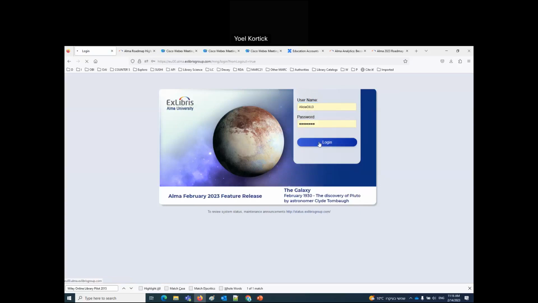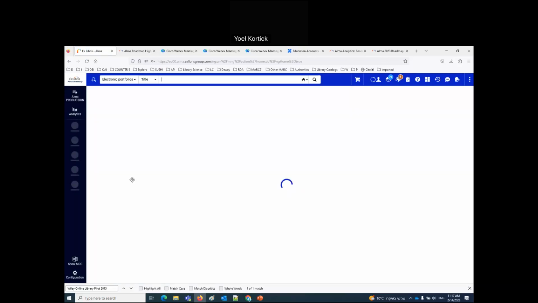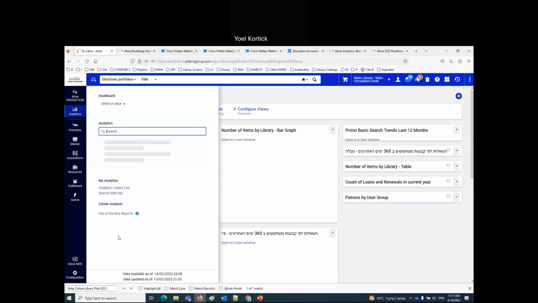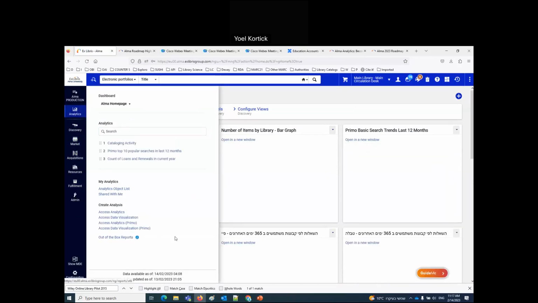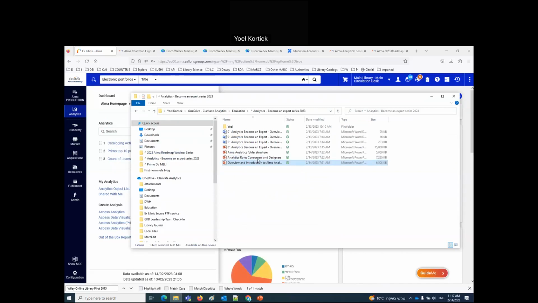And now I should see everything. So now if we go to analytics, this will pop up in a moment. Takes a second or two to load. There we go. So now I see everything because I have all of the roles. Let's take a look at that in a more